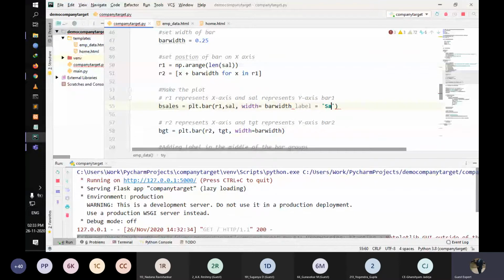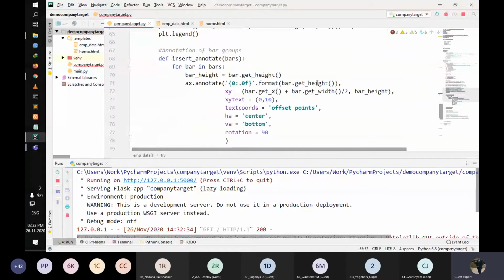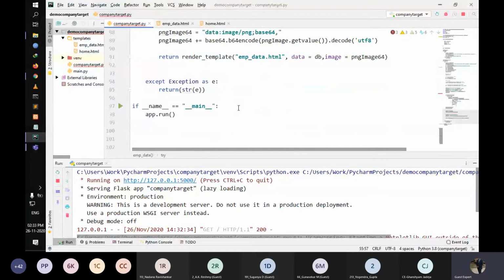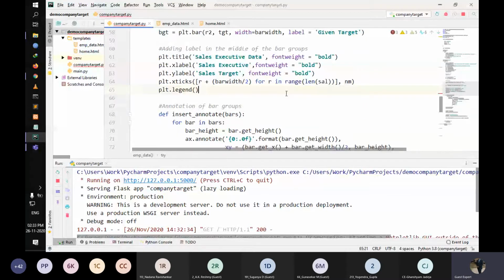So this will represent the first bar, and this will represent the second bar, which would be the given target. These values are used over here, in this legend right here.